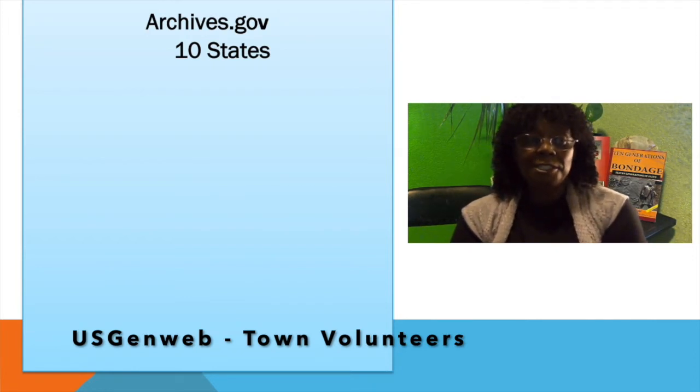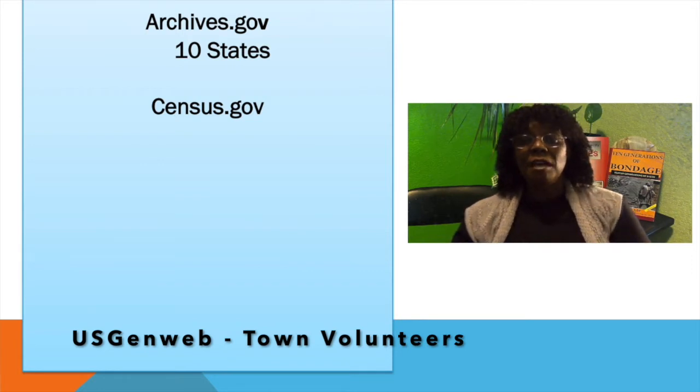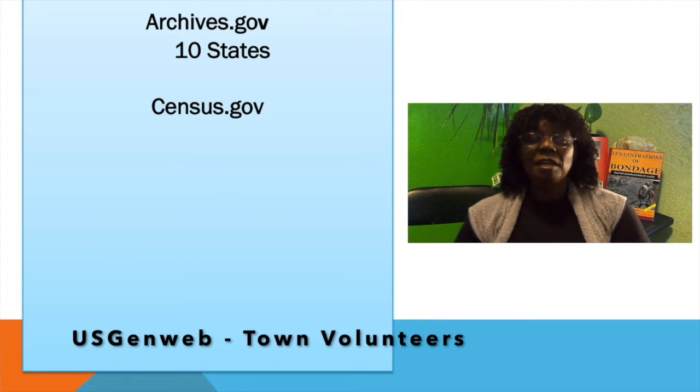You can go to census.gov. It's a free website. It's a government website. It has a wealth of information about all the census records, non-population schedules, which are census records that are different from who lived there. I mean, they have agricultural schedules and a myriad of other different things. So census.gov is an excellent site. You can go to